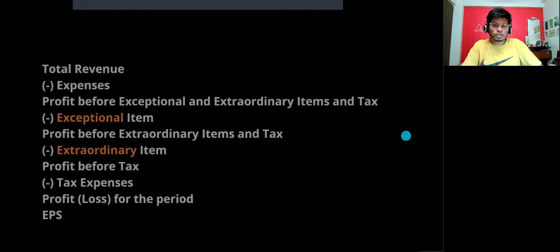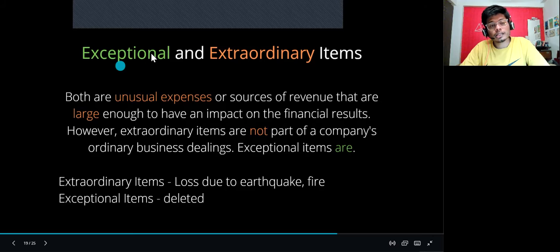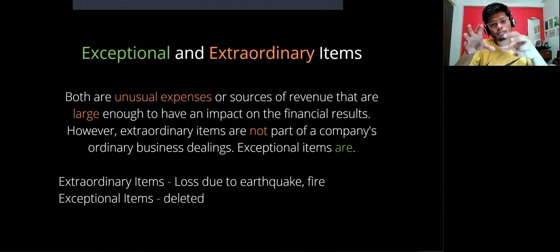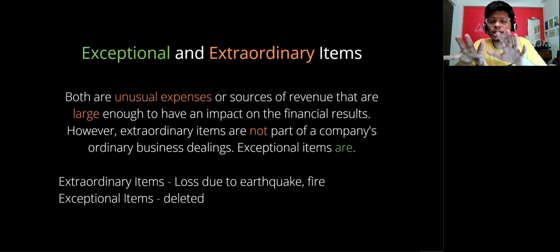Okay, so exceptional and extraordinary item. So exceptional items are those items which are within the ordinary business of the company, but they occur very rarely. Okay, that is called exceptional item. Extraordinary items are those items which are not common occurrences in the business. For example, I have a garment store and there is a fire in the store, and all my saris or something, they get burnt. So in that case, that loss that happens due to earthquake or fire or something,